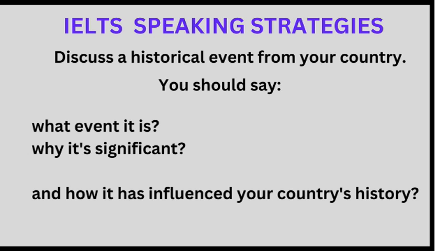Strategy 1, past, present and future. Describe a historical event from your country. Well, there could be several events. You might have had one a long time in the past. Something's happened, and then you might have something more recent that has happened, and you might also see something coming up in the future that might also change. So past, present and future is a real option as well.